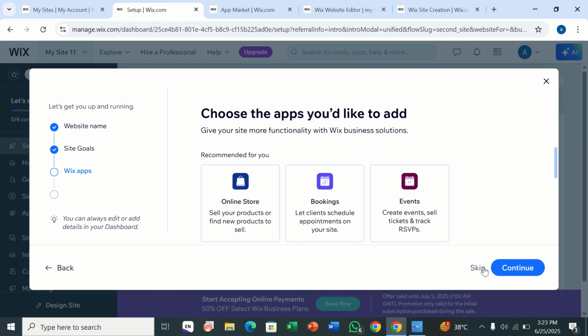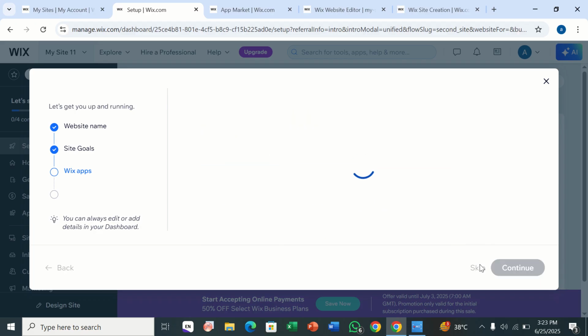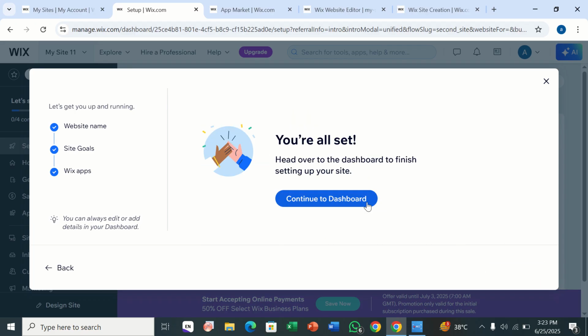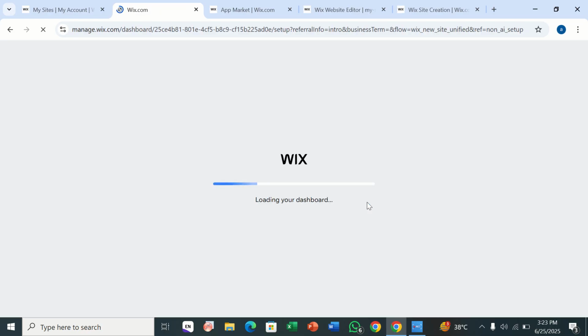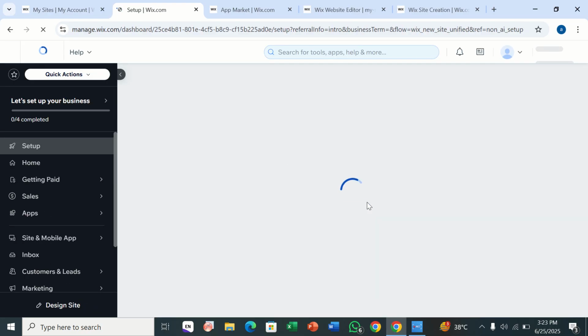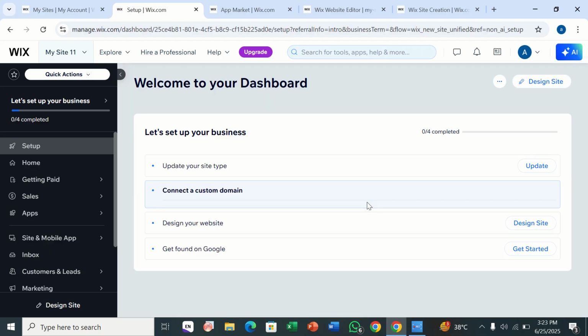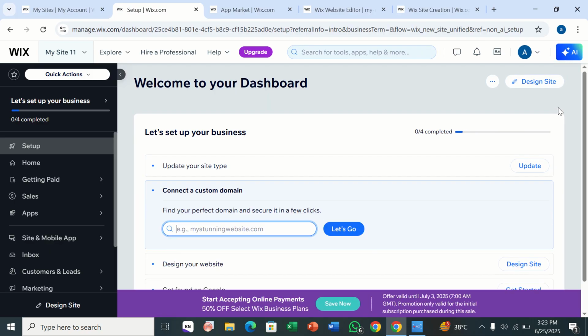Now choose the apps you would like to add, if it is an online store, bookings, or events. You can also skip these, or you can choose. Since this video is just for the sake of the video, I'm not choosing this and am completely skipping this part in steps. So yeah, now since it has directed you to your dashboard, you are going to go